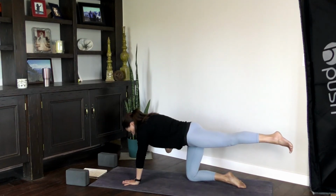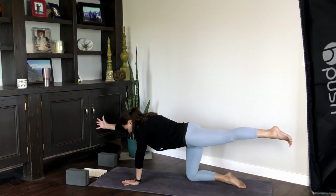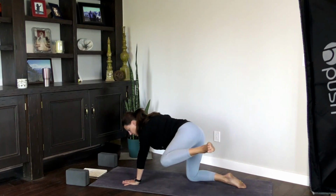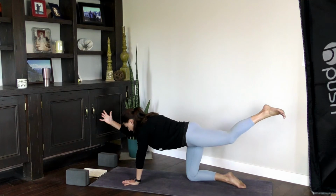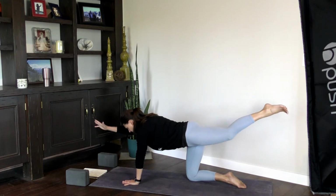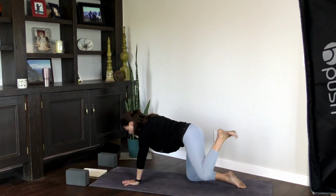All right, so draw up through the navel. Inhale as you reach opposing walls, but on the exhale, you're going to cactus the right arm and bring the left knee towards your shoulder. Inhale, elongate. Exhale, cactus the arm, knee to shoulder. 3 more. Inhale